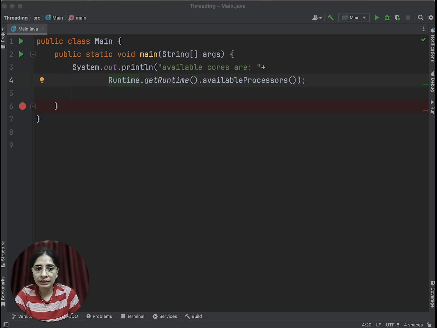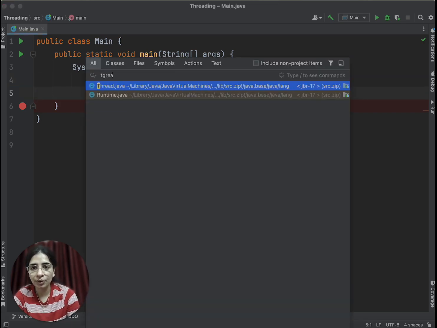Now, in this part, we will be talking about how you can create a thread. Till now, we know that whenever you start executing the main method, one default thread comes into the picture by the name called main thread, right? When you want a thread, you have to create an object of thread, okay? And if you want to create an object of thread, we have a class by the name called Thread.